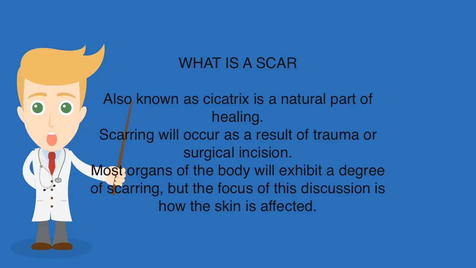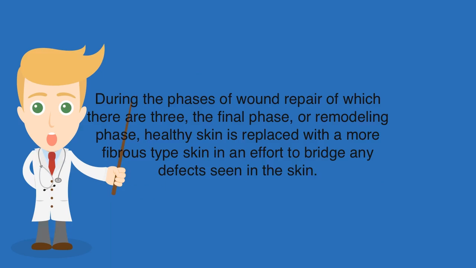What is a scar, also known as a cicatrix? It is a natural part of healing. Scarring will occur as a result of trauma or surgical incision. Most organs of the body will exhibit a degree of scarring, but the focus of this discussion is how the skin is affected. During the phases of wound repair, of which there are three, the final phase, or remodeling phase,